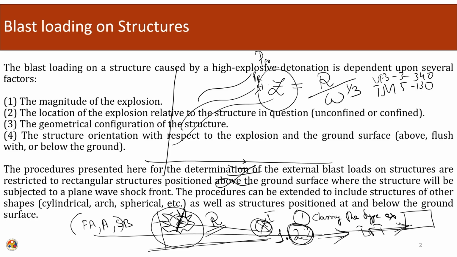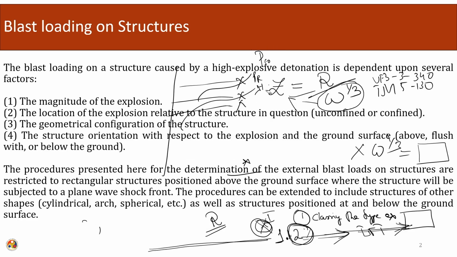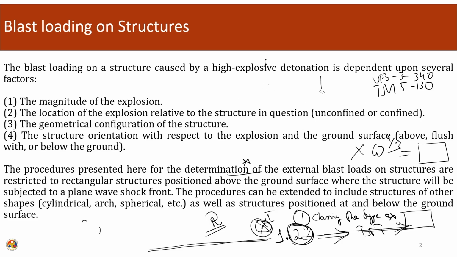We will read the Z point on the x axis, and see where it cuts the y axis, so we can calculate all these given quantities. All these quantities are scaled with respect to the weight. Once we have that scaled value, we multiply it with the cubic root of weight, and we get the base quantities in their respective units. This way we can calculate the effect of the blast at any given point. We did some examples and learned this procedure.